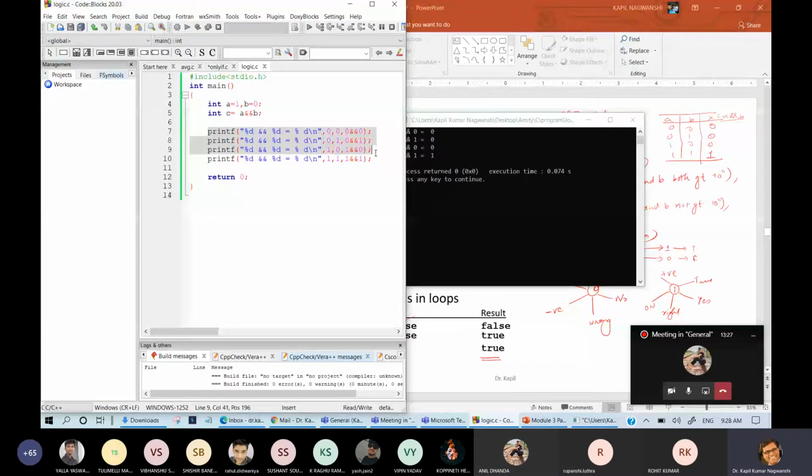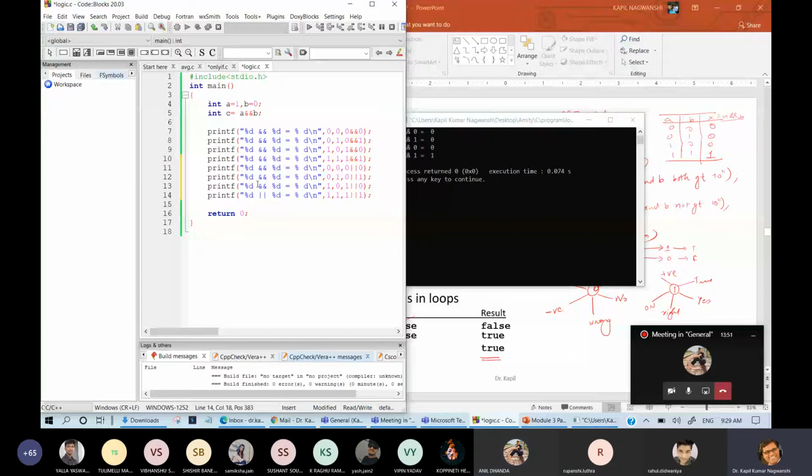Now let us check the OR operator. In place of this, I am putting OR. Sir, it gives 0, 1, 1, 1. Yes. This will give you 0, 1, 1 and 1. Okay.